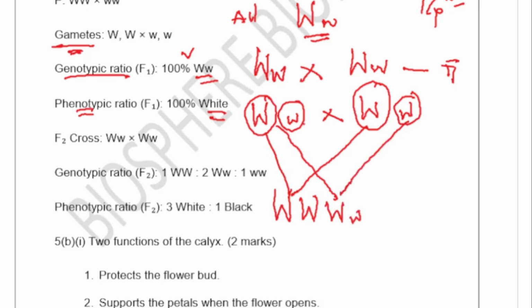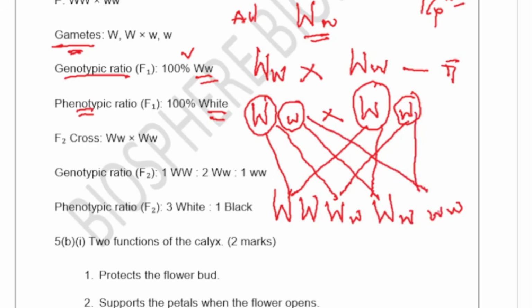I'm trying to differentiate the letters. And then here and this, now I'm going to have another capital W and a small w. And then finally this guy comes to meet with this guy, and you have your small w. So you now see that it's different. In this ratio, I'm now going to have